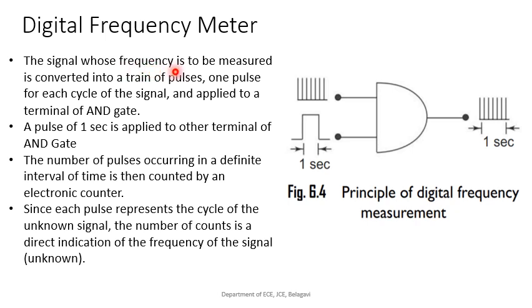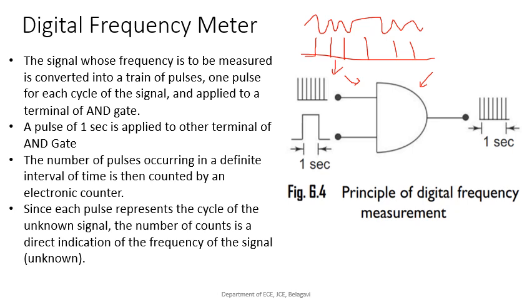Let us say you have a signal like this, some random signal. That has to be converted into pulses like this. Some pulses you have to convert, and then it will be given to the AND gate. Remember that